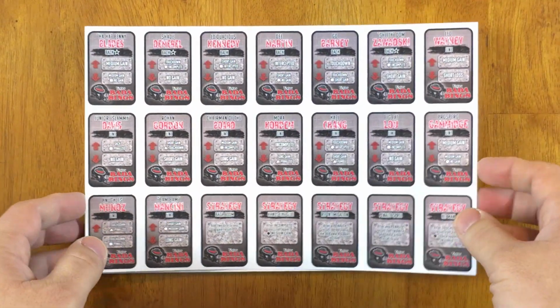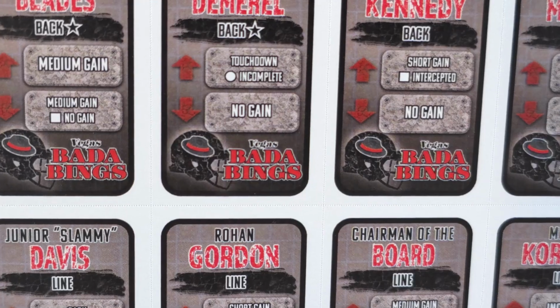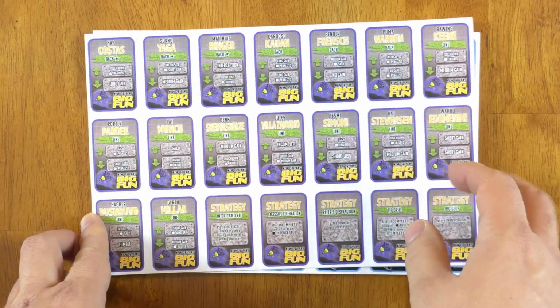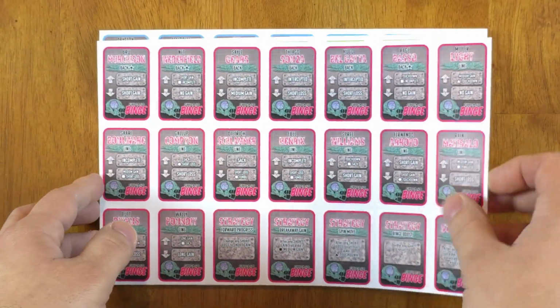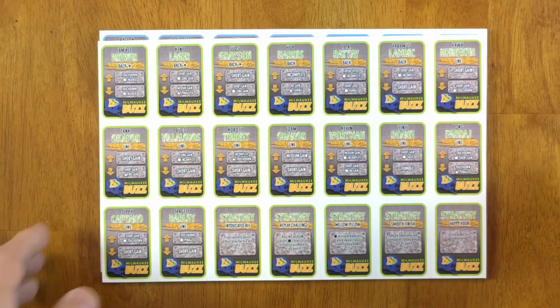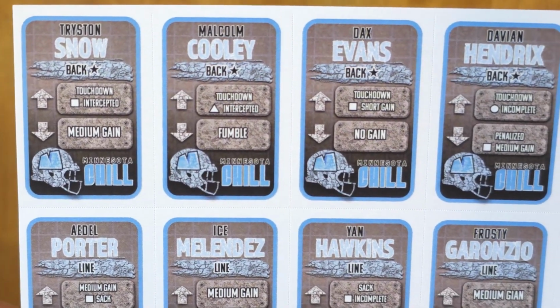I like that one. But I also bought additional teams, and there's a bunch of these too. So you can buy international and stuff. This is just North America, basically. So we've got the Vegas Bada Bings. Then we've got the New Orleans Big Fun. There. And we have the Chicago Binge, again. And we have the Milwaukee Buzz, the Minnesota Chill,